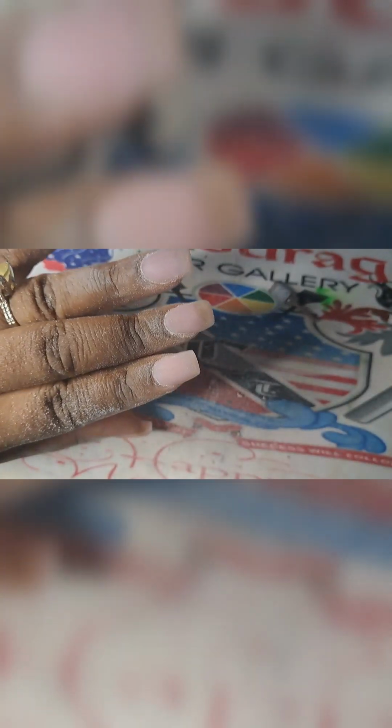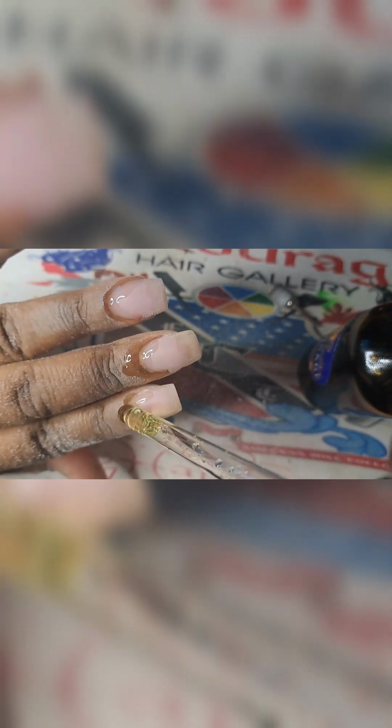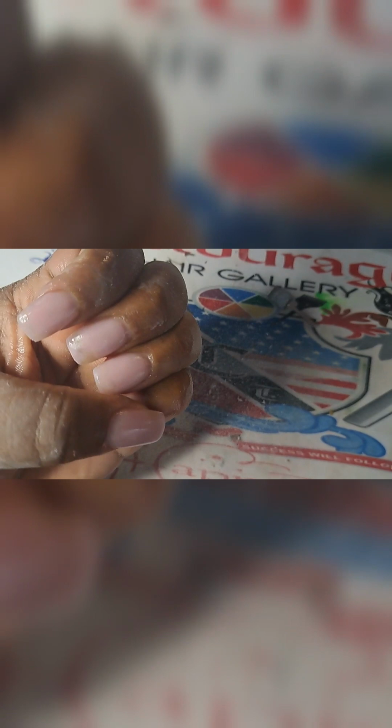Alrighty, at this point, what am I going to be doing? Right, so you all know my ritual I like to do with the cuticle oil. We're going to be using the Entourage Nail Gallery cuticle oil, and we are going to start hydrating first to begin with. Of course, you can go wash your hands and hydrate with water, but I like to put a little bit of cuticle oil down, start the hydrating process, but I also want to see if the oil travels